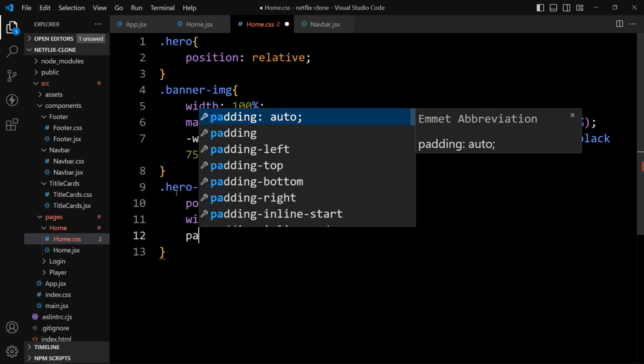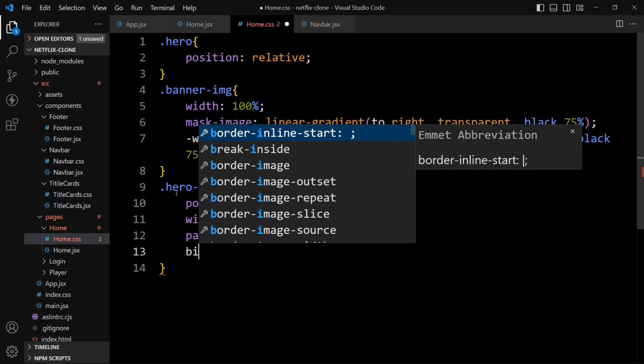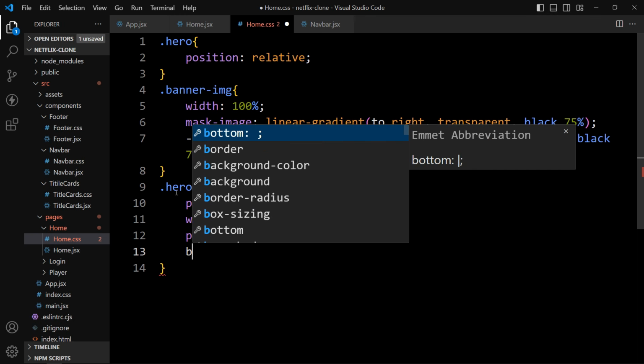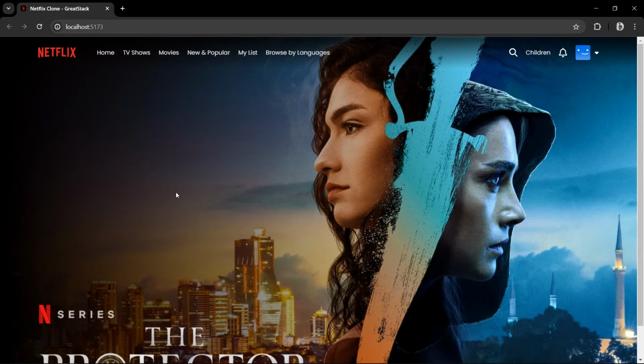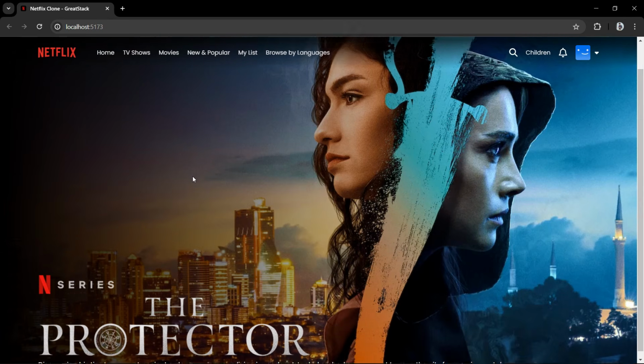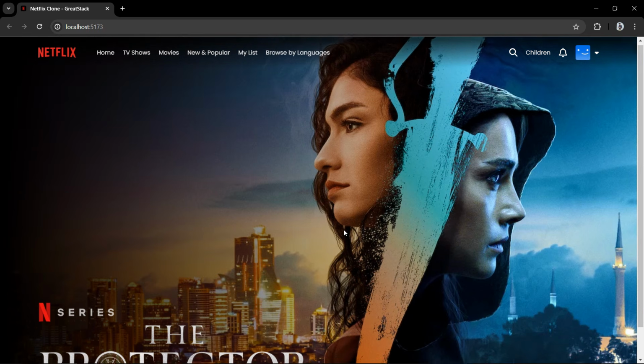Then we will add the padding from the left side, it will be 6%, and it will be at the bottom. So let's add bottom 0. Now you can see this title image and this text is displayed over this full screen image.